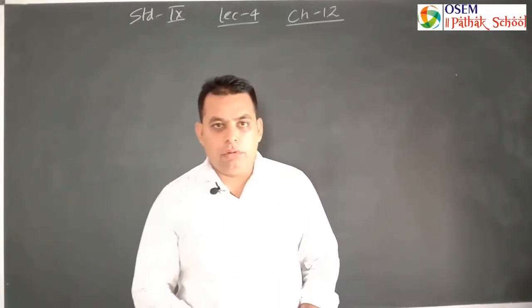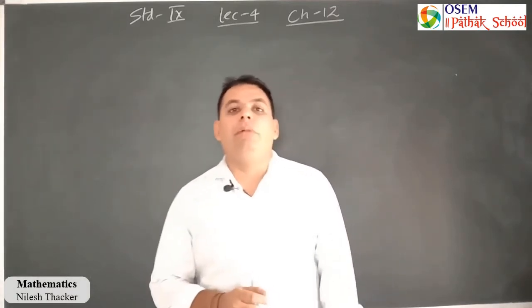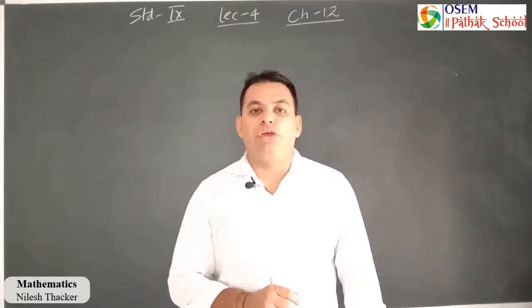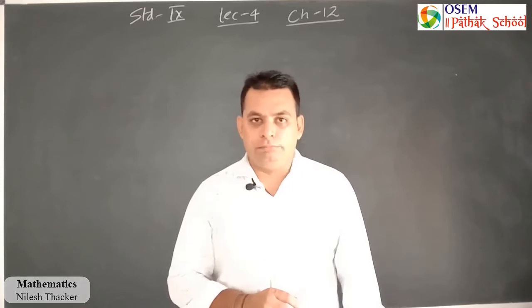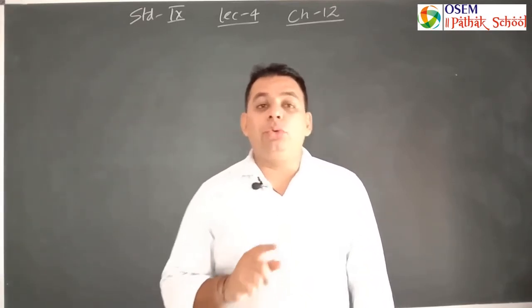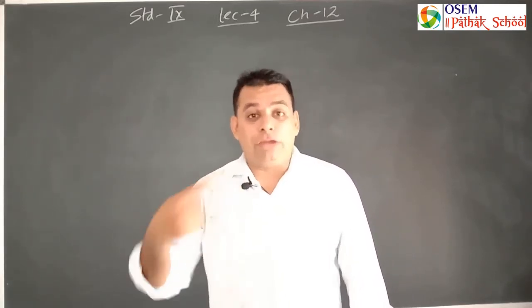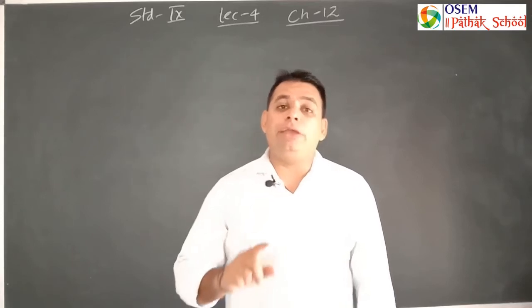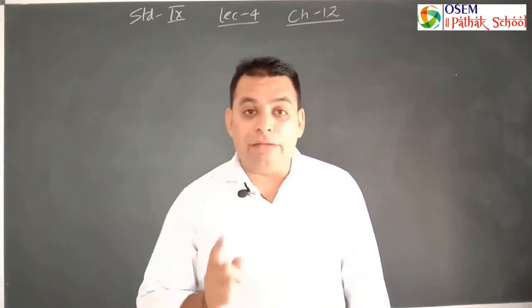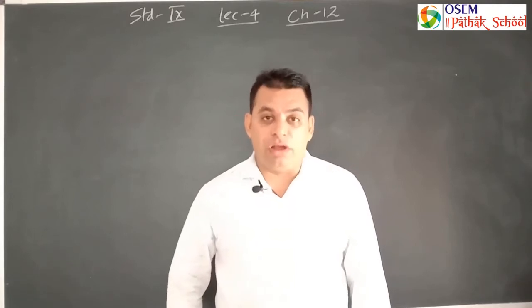Fine. Beta, in the last few lectures I have discussed how to find the area of a triangle using Heron's formula. You were knowing about that. Today I will make you clear how we can get the answers by the actual area of a triangle and also by using Heron's formula. I will make you realize how Heron's formula is useful for us.